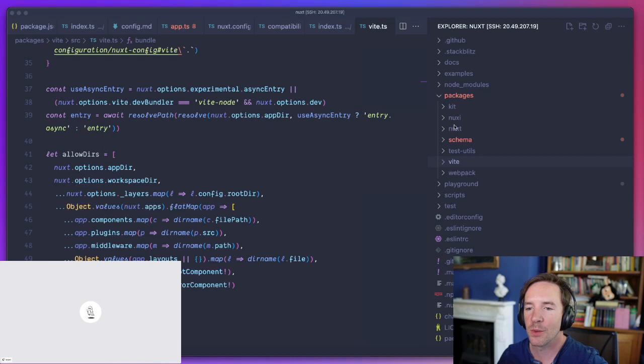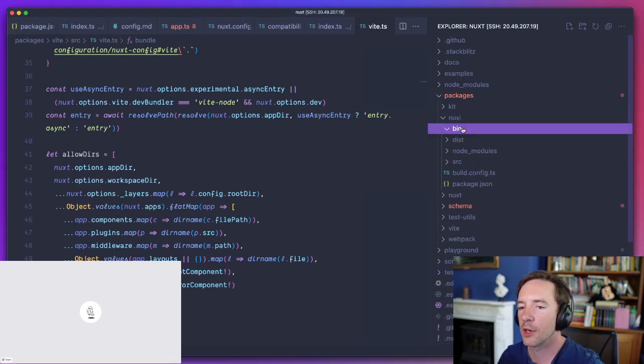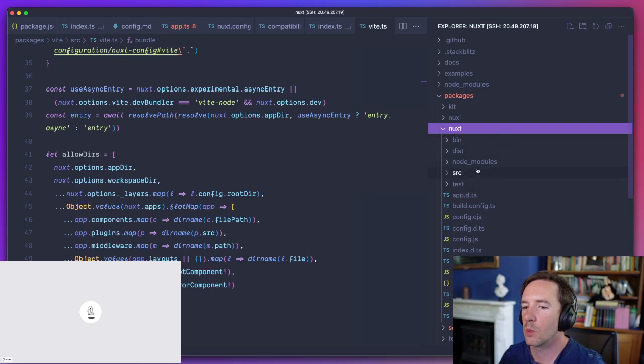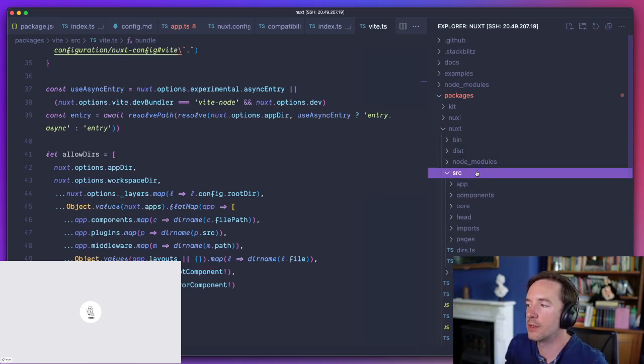So anyway, basically there's Vite and Webpack, and then Nuxt is really the core of everything. So this is what sort of rules. The Nuxt CLI loads the configuration, and then it hands over to Nuxt. Nuxt loads all the modules. It adds any core templates, composables, things like that. And then, as needed, it calls the bundle method that's provided by a builder. And so that's really where you would want to dive in if you're looking for the hub of everything that happens. But sorry, you were asking about types and how we generate them.